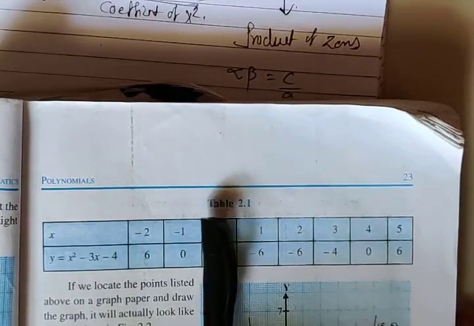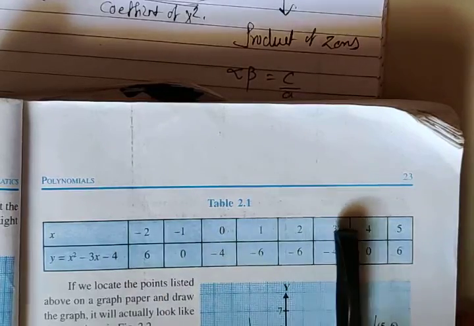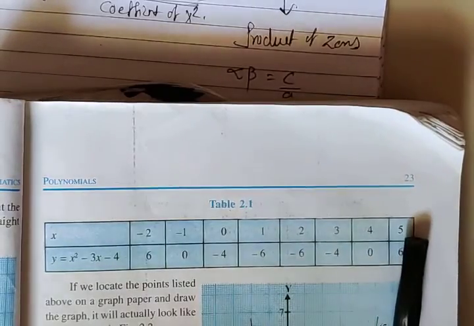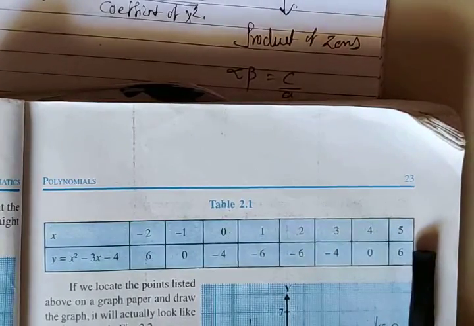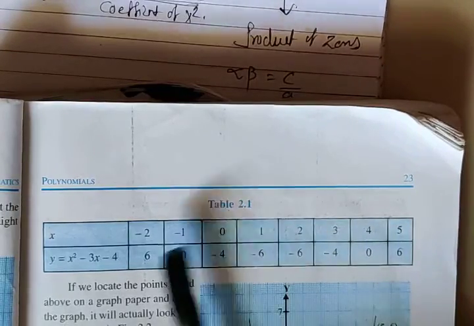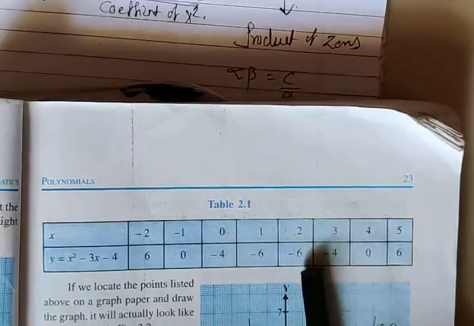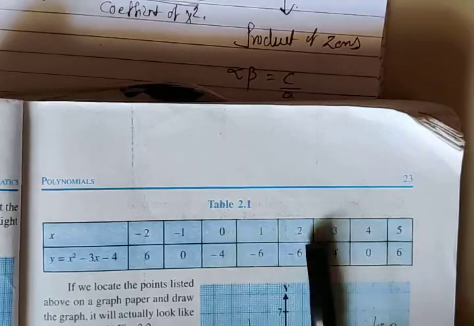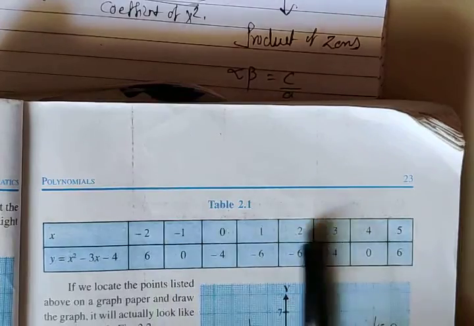So I am taking tentatively 3 points on a negative side and 3 points on a positive side. Even if you take on extension forms, there is no problem. Minimum requirement is almost all 5 points you have to cover. So you are going to get a graph in a proper way. 1 if you put, you will get the answer is equal to minus 6. 2 लगाएंगे यहाँ पे, you will get the answer is equal to once again minus 6. 2 लगाने पर भी, 1 लगाने पर भी minus 6 है और वापस से भी minus 6 आएगा 2 पे भी.